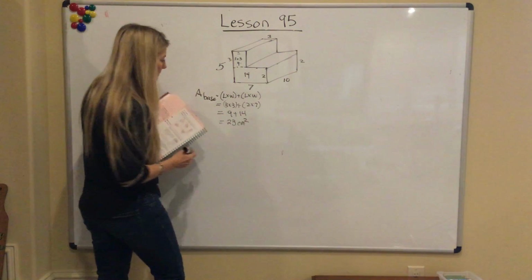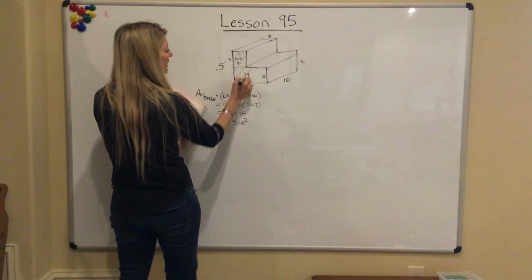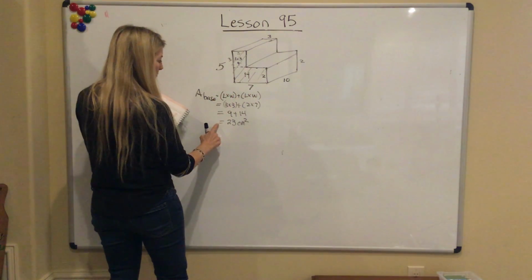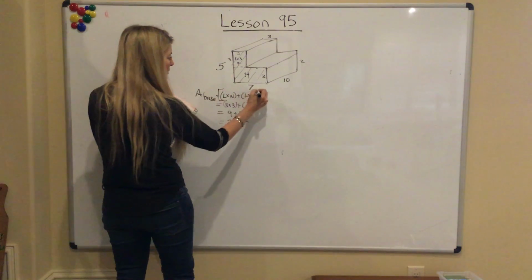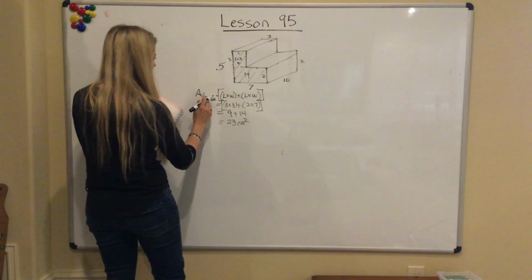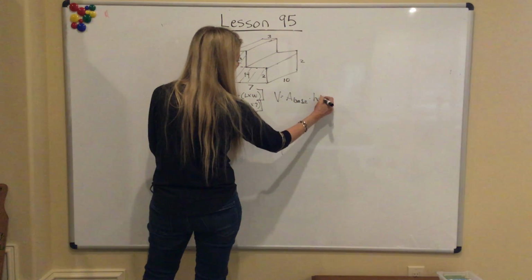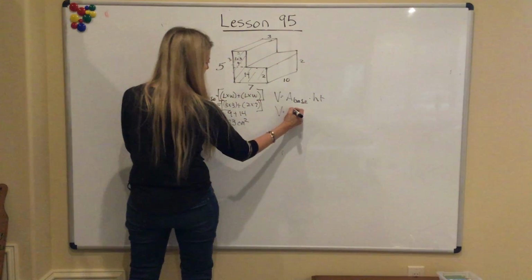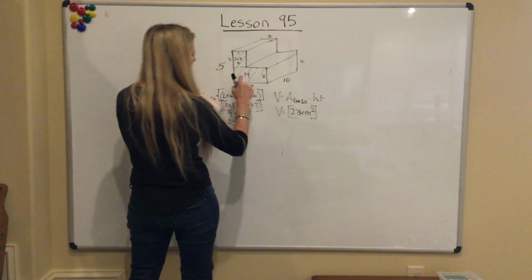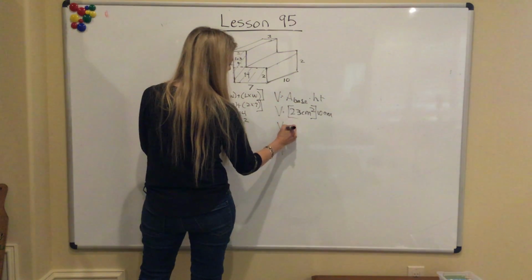centimeters squared. Okay, do you see what I did? I just am figuring out the area of the base. Then I have to take that area of that base, and the way I would write it in my formula is like this. If you wanted to write volume equals area of the base times the height, you could just move it over here and say your area of your base was 23 centimeters squared, and then you multiply that times the height, which is 10 centimeters. So the volume would equal 230